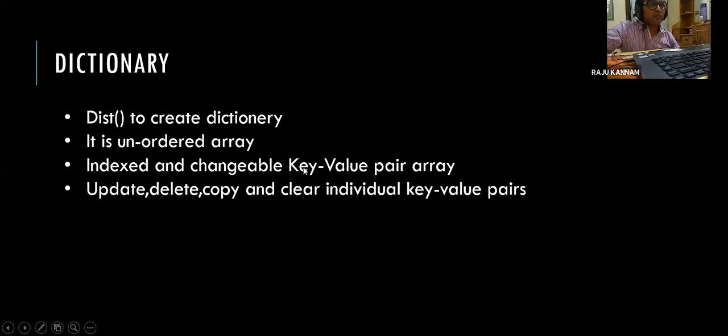Indexed and changeable key value pair. And remember here, in the tuple, list and set, we are going to store only the values, right? So here in the dictionary, we have to store key and its value, key value based, right? Of course, we can update, delete, copy, and clear the individual key value pairs, right? So that we will see in the program.